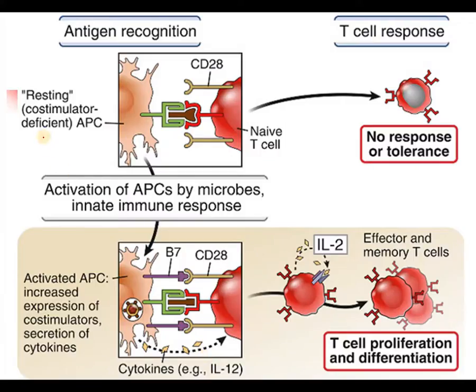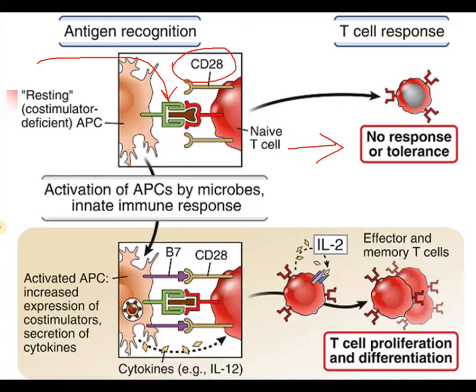So here's this illustrated. We have our antigen recognition. We have the antigen presenting cell with an MHC molecule and a peptide, and it's being recognized by the naive T cell, the T cell receptor. They're not showing all the co-receptor. They're not showing the signaling molecules either. What they're really focused on is looking at the accessory molecules for co-stimulation. So you can see CD28 is on the T cell, but it's not engaged, and so you get no response to this